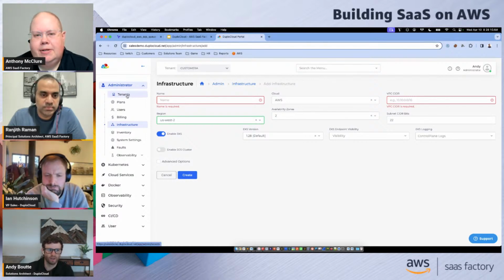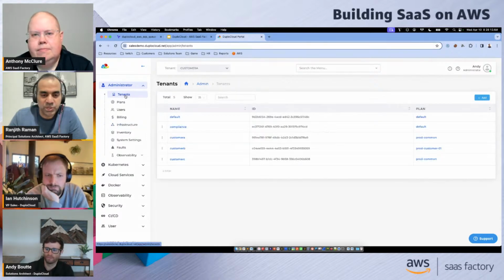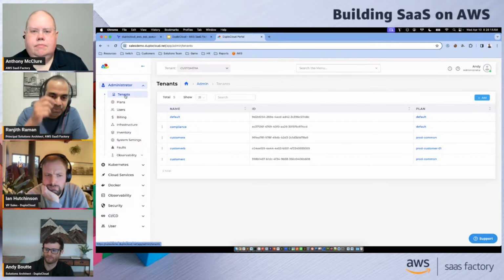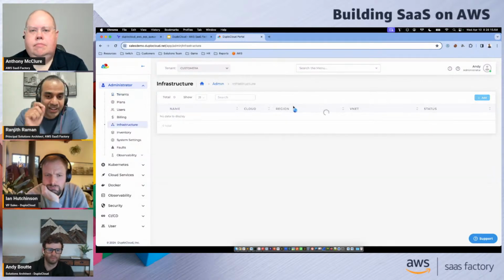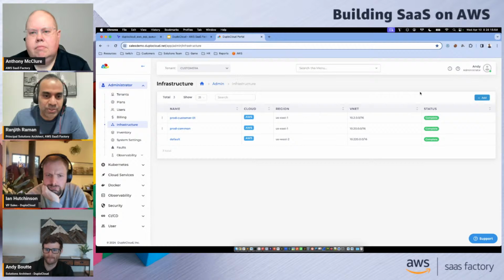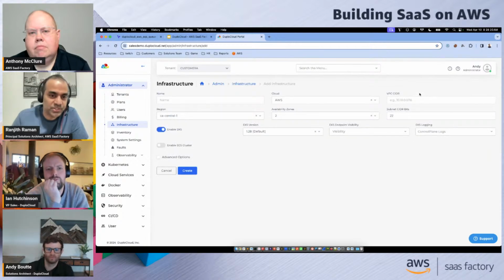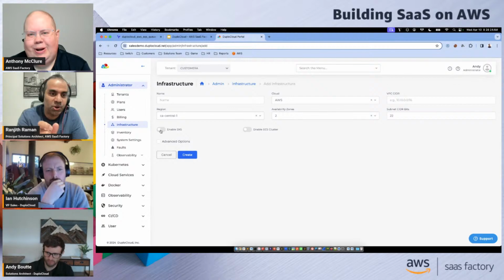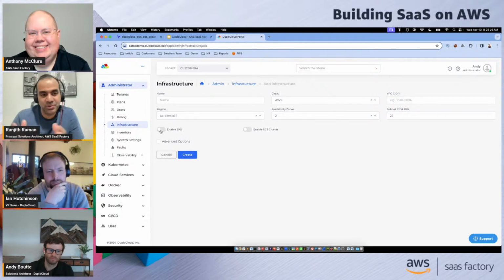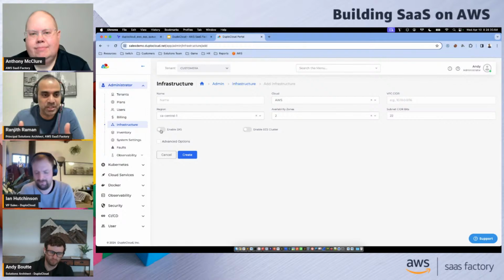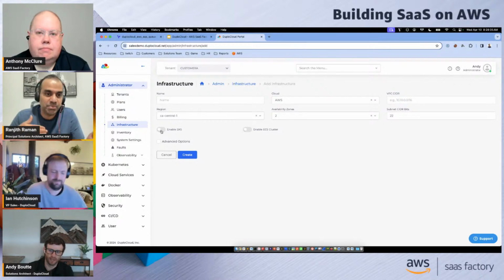Very nice. Yeah. And really quickly, if you can go back to the previous screen. Yep. Creating an infrastructure, right? So you see enable EKS, it's just a button, right? So you just toggle it. But you can imagine, like, if you had to create an EKS cluster using like CloudFormation or CDK or through other means, it can be pretty involved. It can be an involved process.